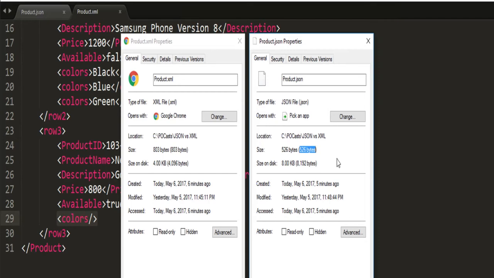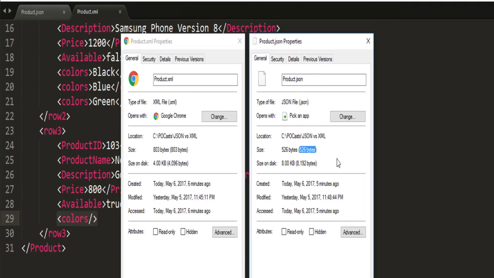But let's say you use a different technology like REST, or you do an HTTP, and you change your structure from XML to JSON. You will see an immediate speed up, because the size of the JSON will be half of the XML size.